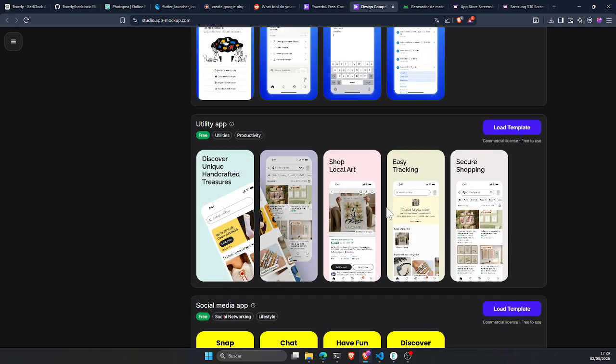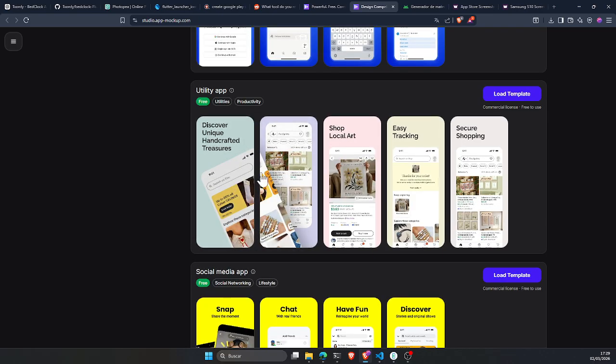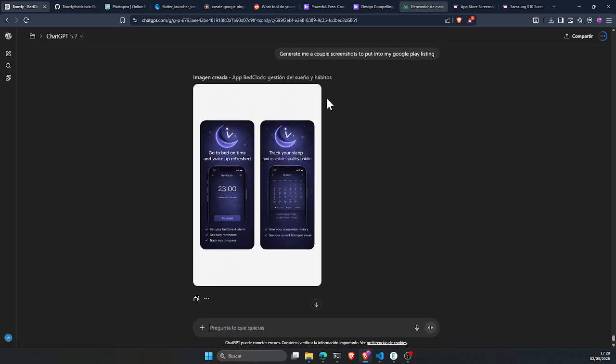Yeah, I think maybe this one is not a good one. I like those two things. It makes it look more professional. Yeah, I think that this is what I'm gonna be doing. Something like that. Give me a prompt for each, for 5 different images to generate different screenshots